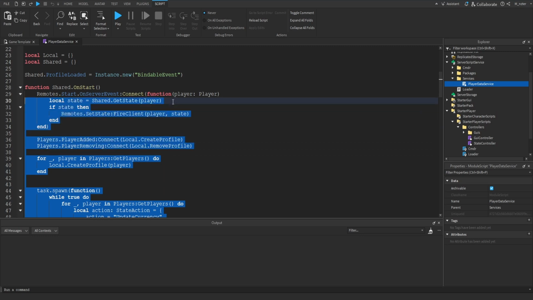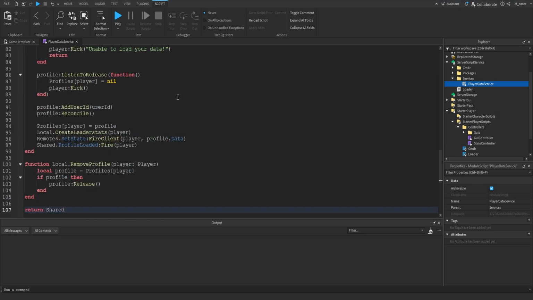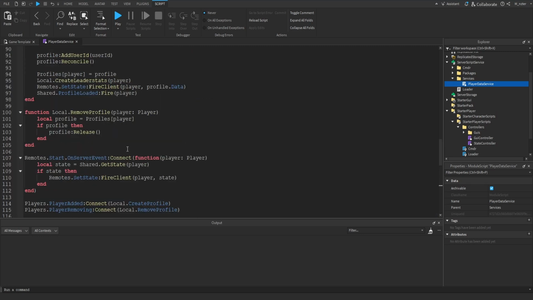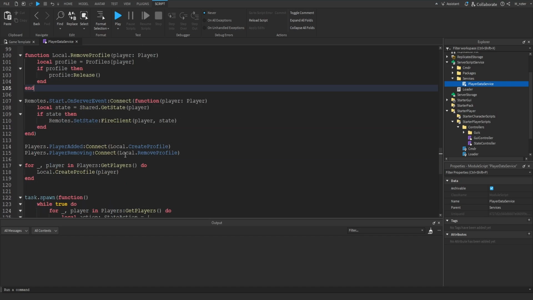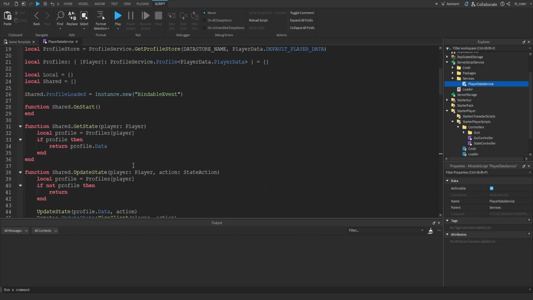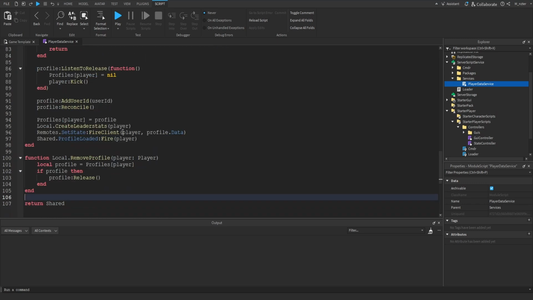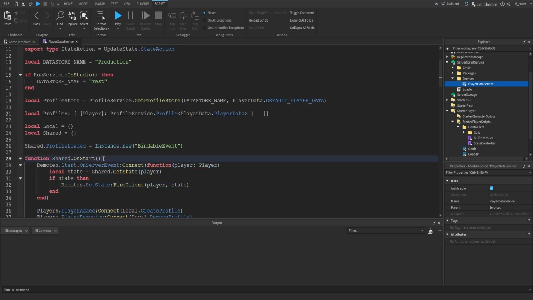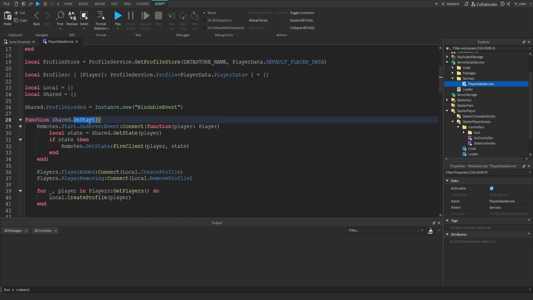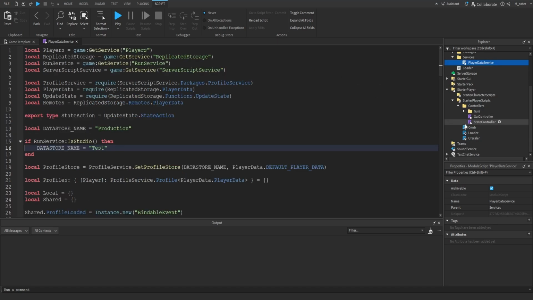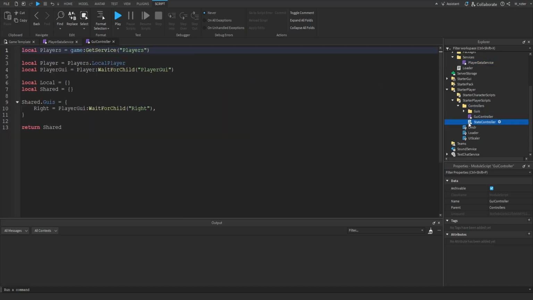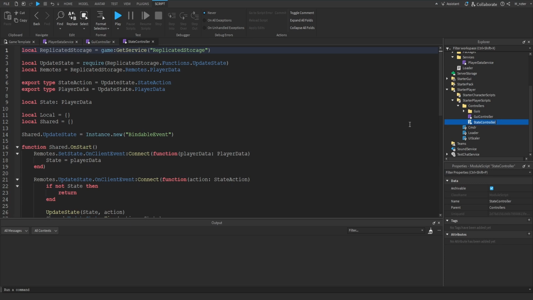Whereas the usual method for where you would store this code is actually towards the very bottom of your script. You would normally store this all the way down here. But in my opinion, this is a really weird way to organize your code and doesn't feel intuitive at all. Instead, if you store that inside of the onStart function, it makes it very clear as to what this logic is for and what it actually does and when it actually happens. Now, we've only looked at the player data service. You can also look at the GUI controller as well as the state controller to kind of further your understanding of how I write and structure my module scripts.